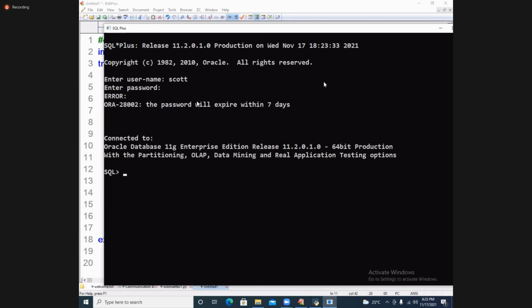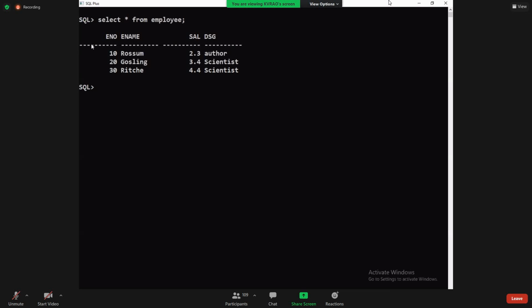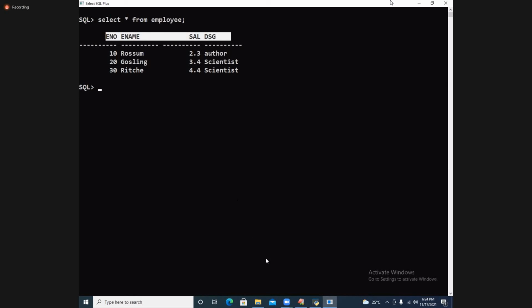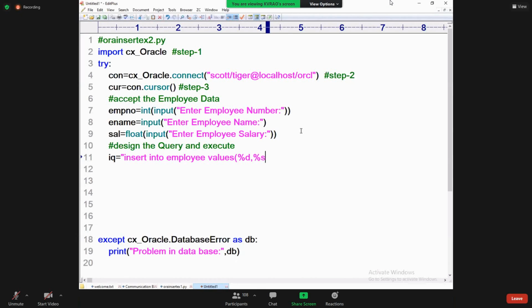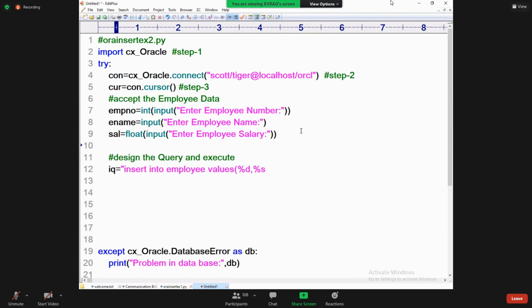See that? There I will take, select star from employee. See, this is the data we have. And I want employee number, employee name, salary, designation. Okay, designation also needs to be accepted.